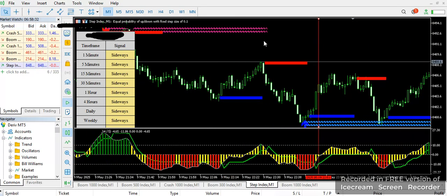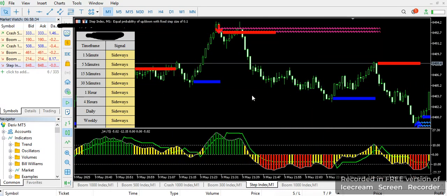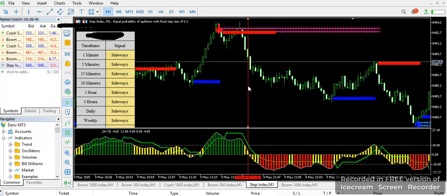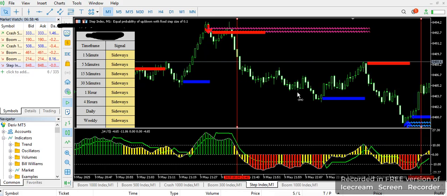So that's exactly what you are going to be doing if you get this particular indicator. And also have another confirmation at this level also. You see what happened here too. So we have our confirmation here, and we have our entry here. So guys, this powerful indicator also works on BOOM 1000 and crash 1000, but I'm explaining it on step index